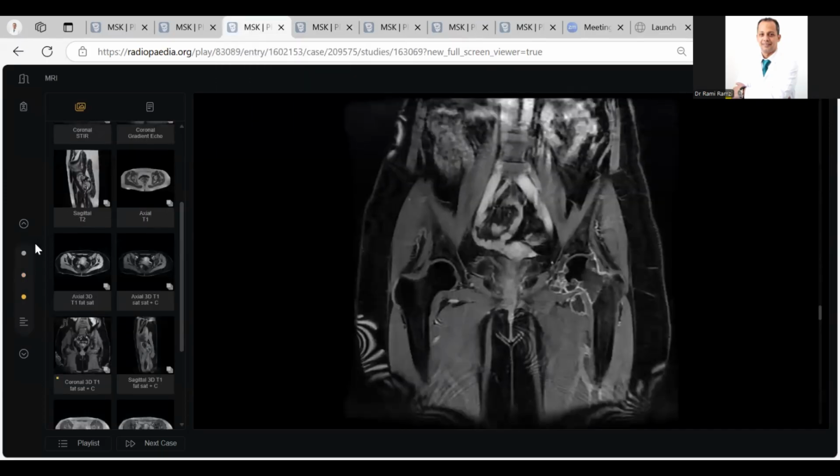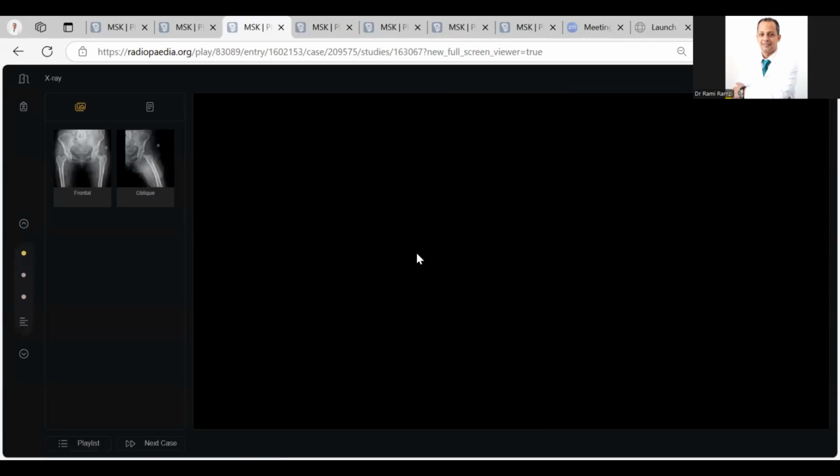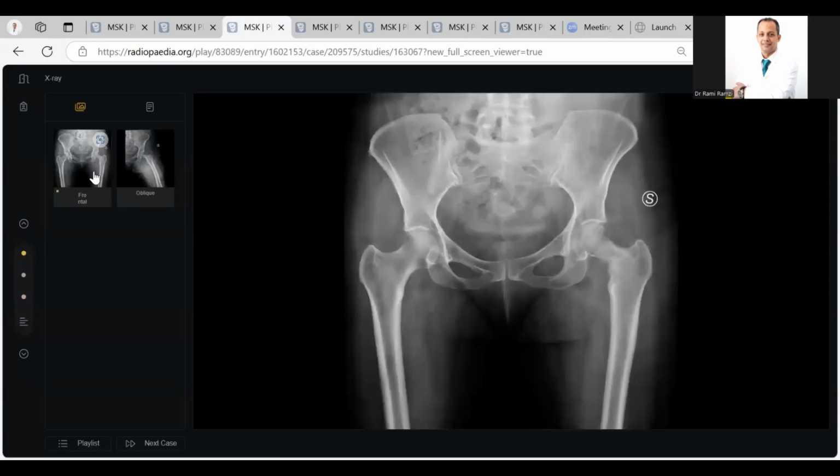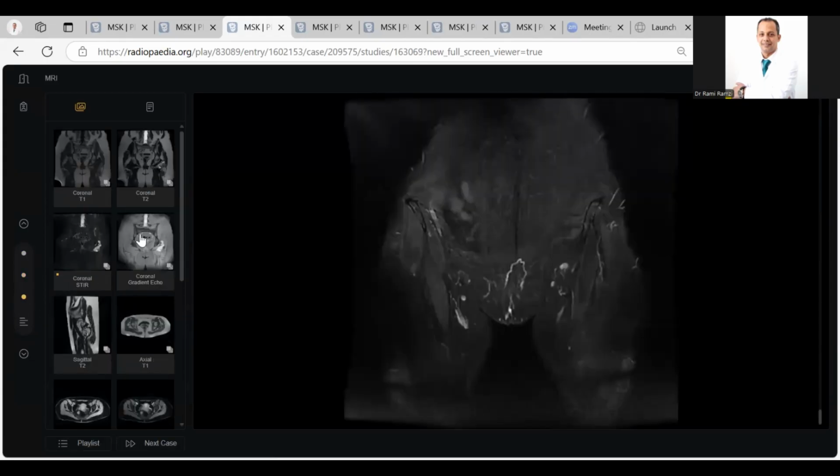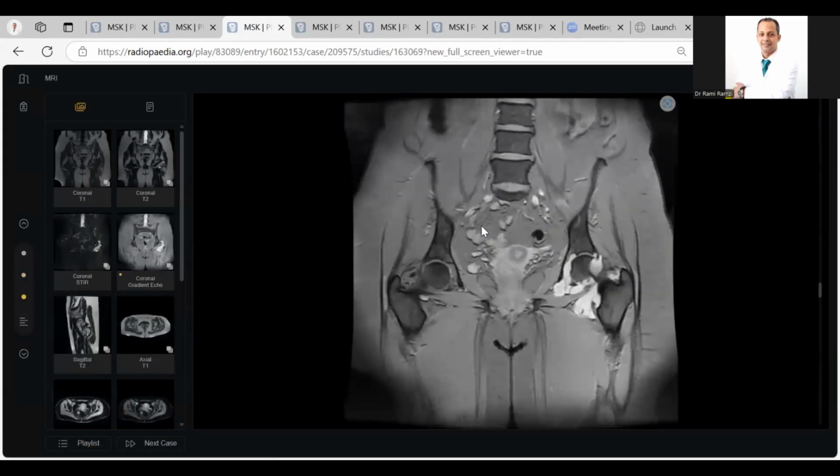This case, you took too much time in it. And I asked you about this sign. This is an apple core sign. Apple core sign means there is something chronic here. Okay? Here you picked up well in MRI. You didn't use a CT, and you told me